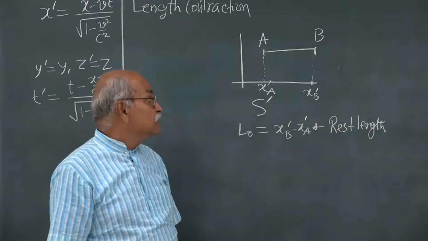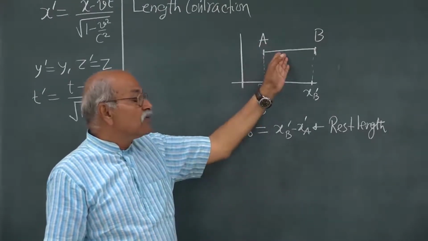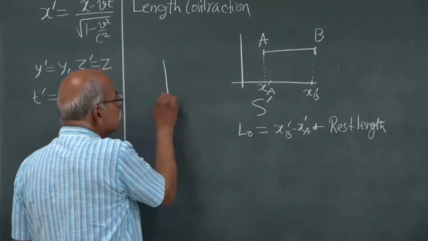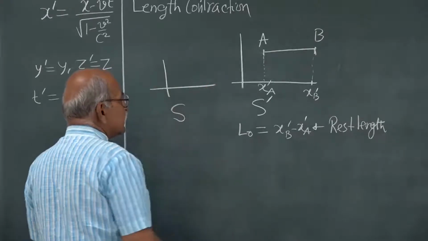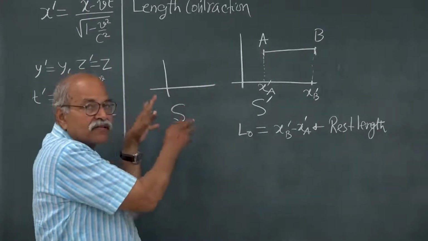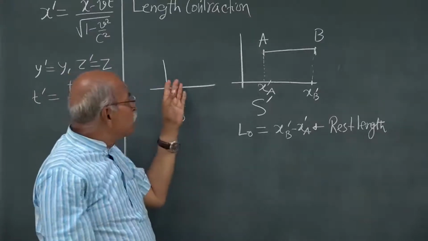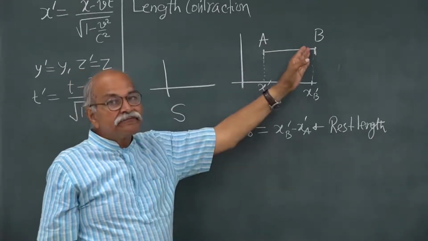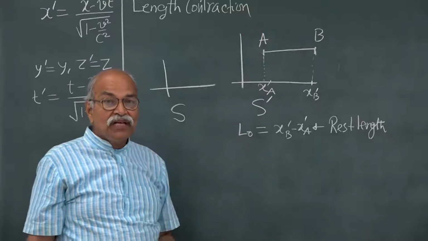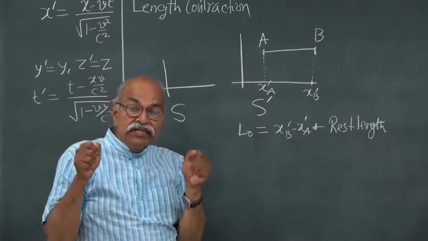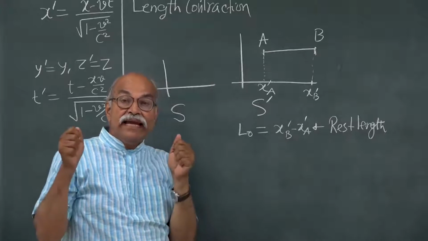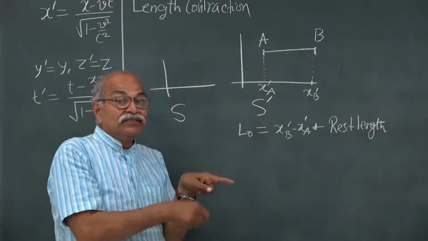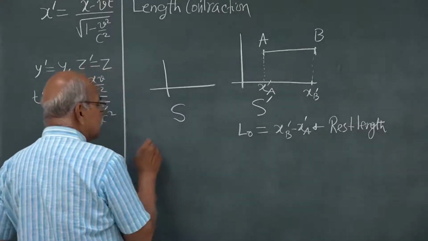What if we have to measure the length of this rod from the S frame? So, if I have the S frame, and in that S frame I have my observers, my measuring tape and everything, and from this frame I want to measure the length of this AB, then what do I have to do? I have to measure the x coordinates of the two ends A and B at the same instant, and then subtract. So, first event will be